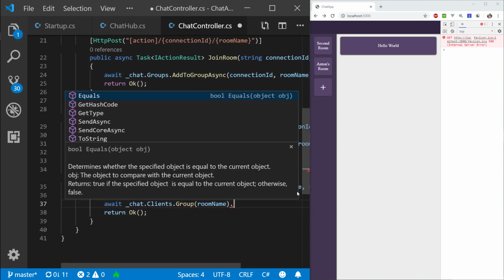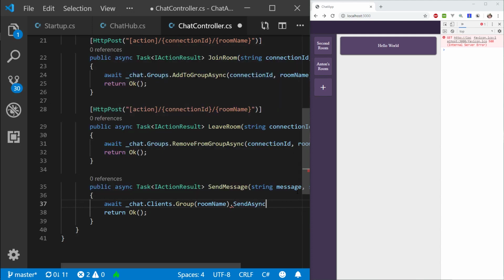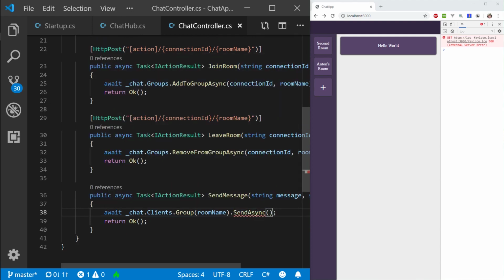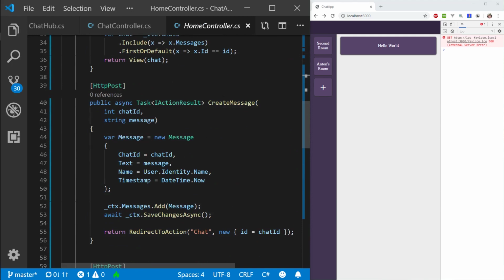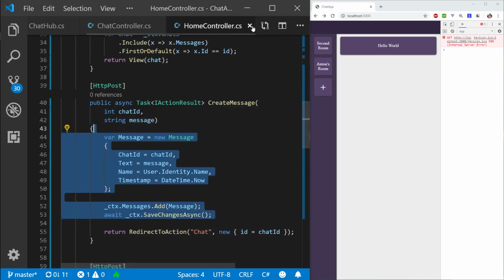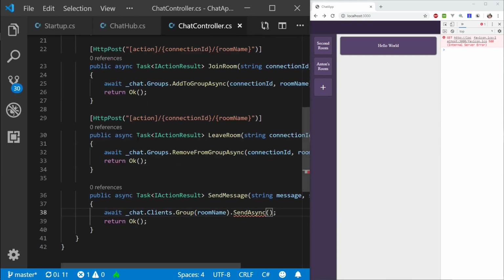And here I will call send async. So I'm sending a message to this group. Okay, so what we're gonna send here is a message. Now I'm gonna actually go to my home controller since we do have this functionality to create a message here. So I will take and copy this for now. I will close this, and in here,